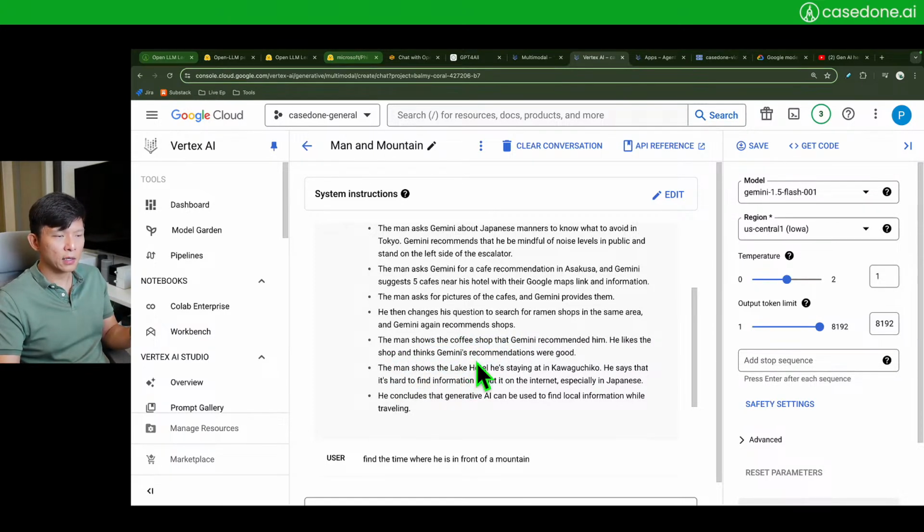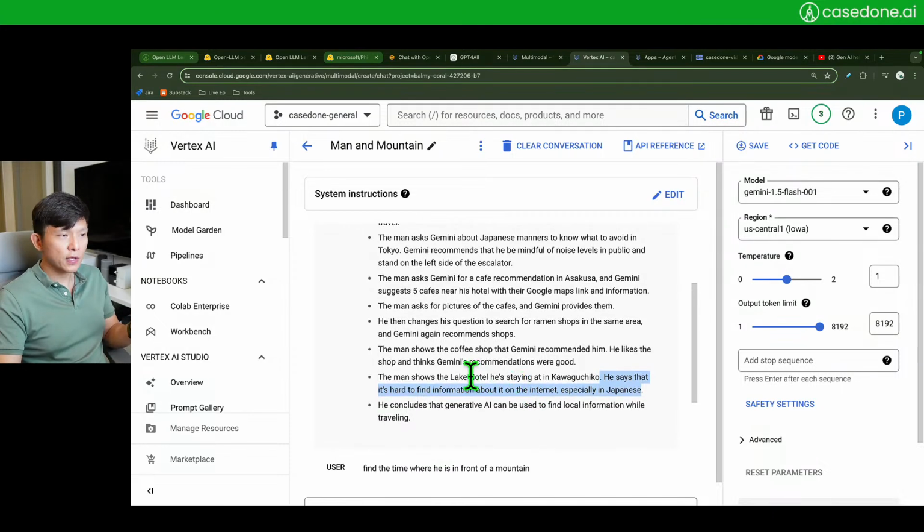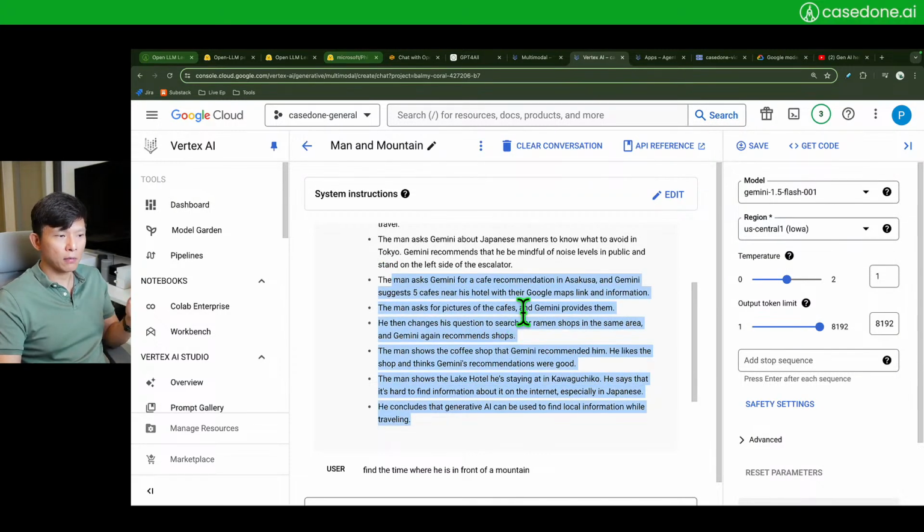I show now at the end of the video, I show the lake hotel. This is not right, right? It's a hotel by the lake, not lake hotel. Anyway, he says it's hard to find information on the internet, especially in Japanese. That's right. This is what I said. Okay, nothing about it is about a mountain,